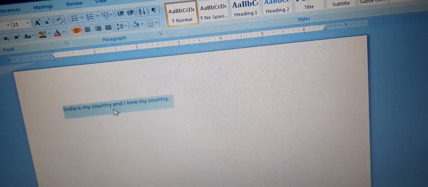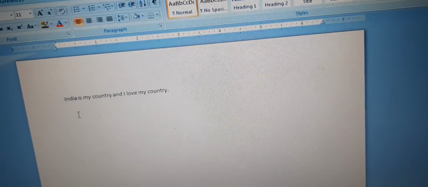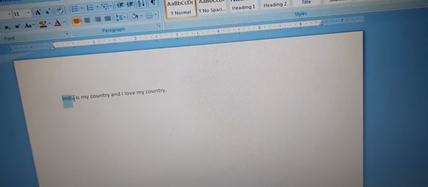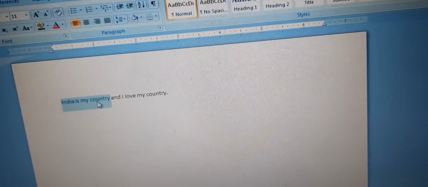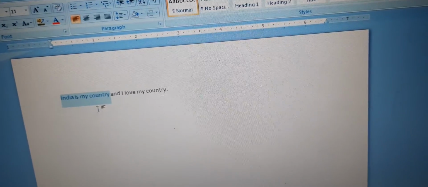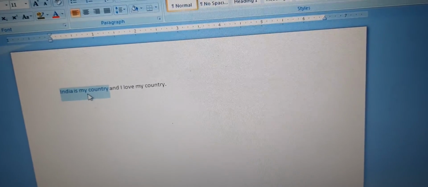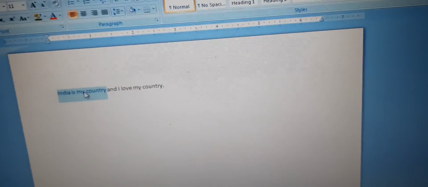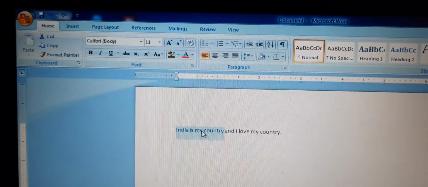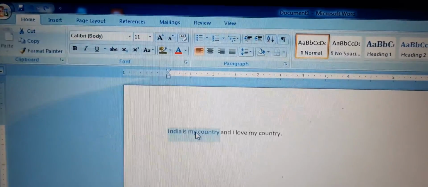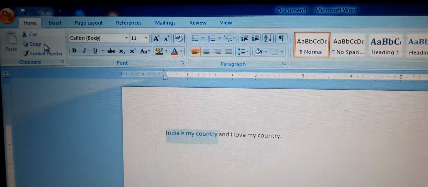Now how will you copy and paste? Suppose we want to copy this, India is my country. First we will select it. For every action I told you that you have to select it. So you will select it and go to the Clipboard group, and here you will see there is an option of Cut and Copy.